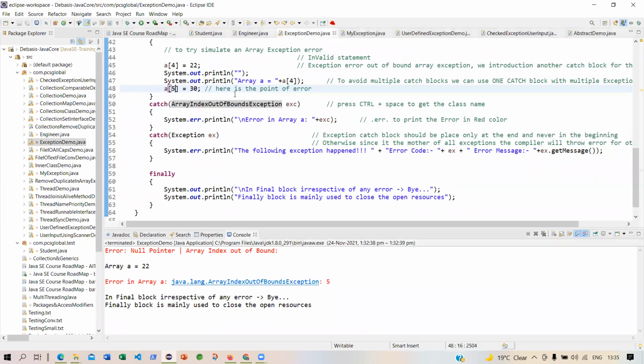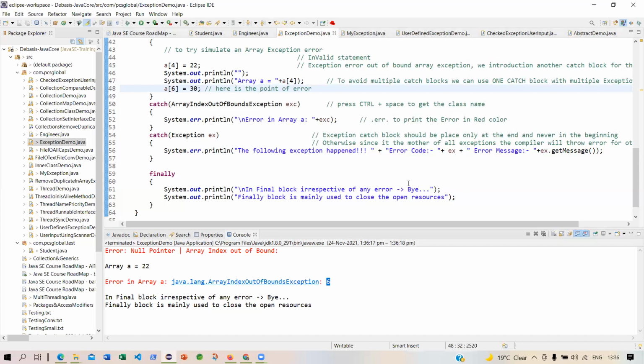Okay. Let me see whether it should not be an error code, because the error code is this one only. Index out of bound exception. Let me check if I give 6. This is also an error. Will this change from 5 to 6? Okay, let me check. I'm not sure. Yes. Can you see that? Sir, what is the error? That you are trying to use a 7th element. So the index position 6 is the point of error.